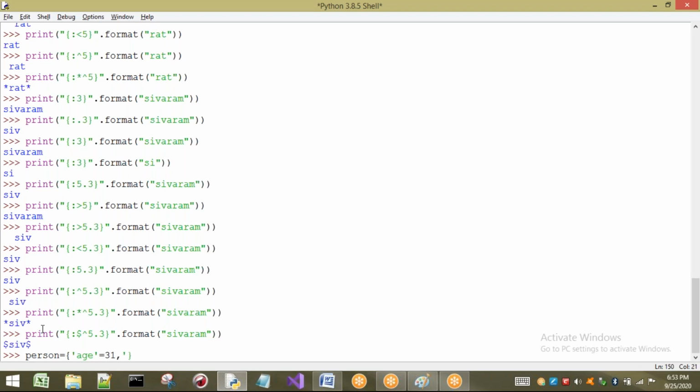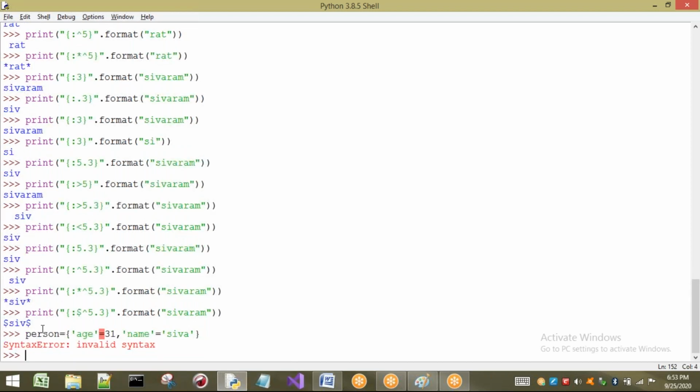And I want to take a second pair, that is name equal to Shiva, for example. So now your dictionary is going to contain two things. Okay, here it also should be taken in single quotes. Okay, right. Key and value.